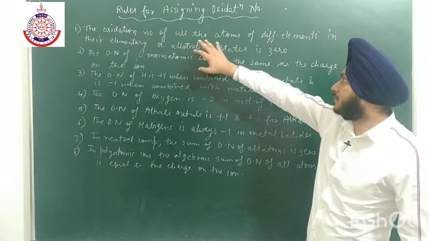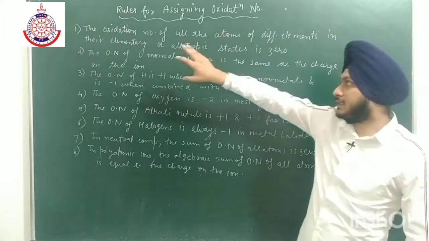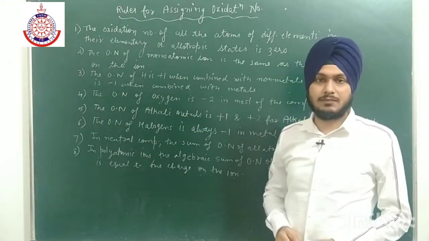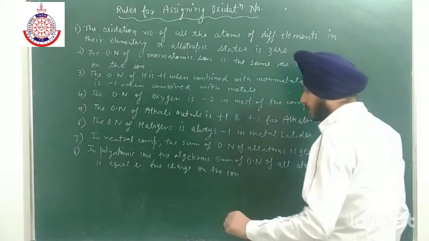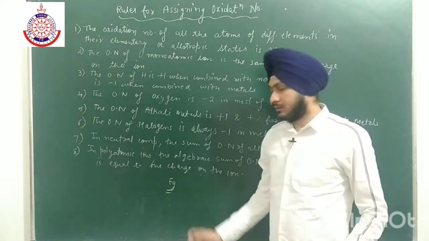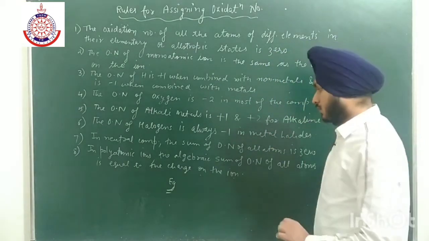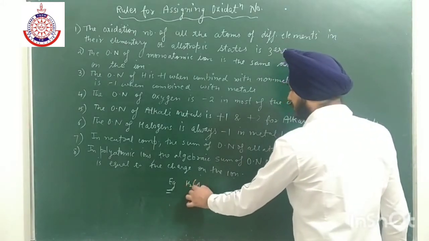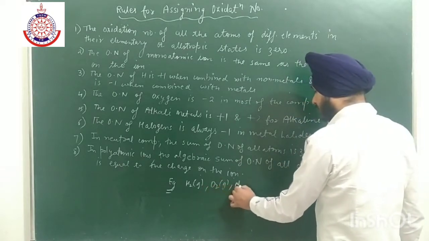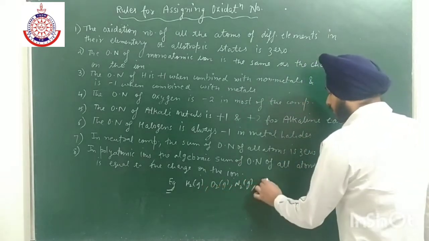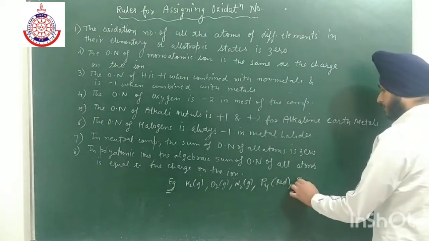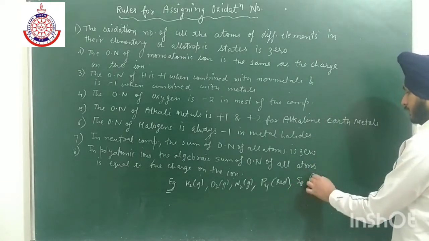So the oxidation number of all atoms, when present in their elementary form or in their pure state, is taken to be 0. Okay. Now what are its examples? For example, the elementary states. We all know that hydrogen's elementary state is H2 as a gas, similarly O2 as gas, N2 as gas. Phosphorus as P4, red for example, and sulfur as S8 orthorhombic.